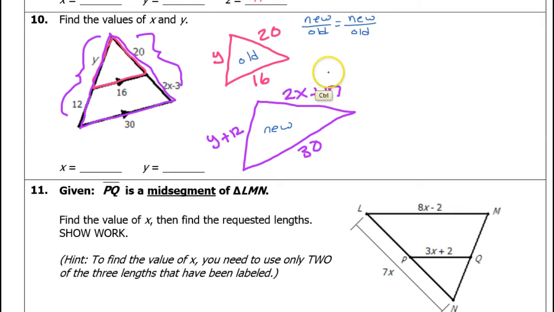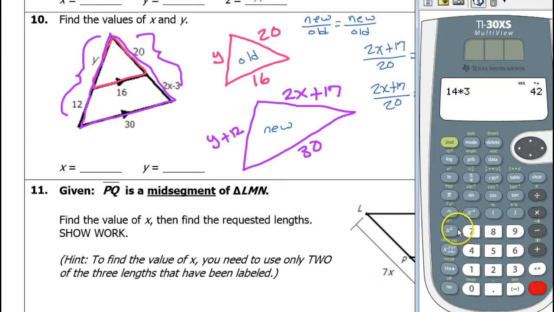If I want to go after the x value, the corresponding sides are 2x plus 17 and 20. For my other fraction, I need all numbers, so I'm going to use the 30 over the 16, new over old every time. So this is going to give me 2x plus 17 over 20 is equal to,